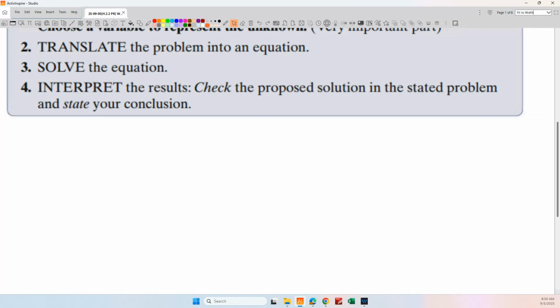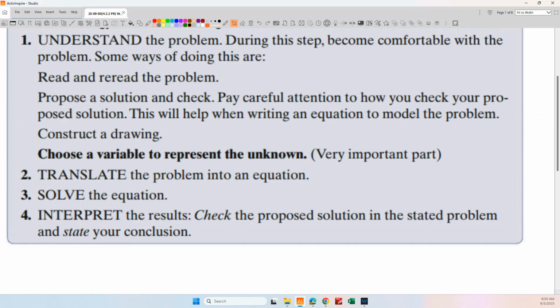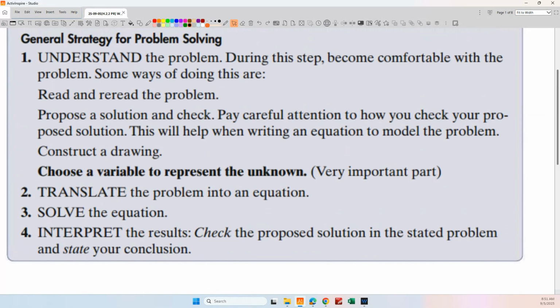So once you get down to the point where you can just do algebra, you can just put it in cruise control and do the algebra. And then finally, when you're done with that, you've got to interpret that answer in the context of the original question. So you get your mathematical solutions. Now, how do they apply to the original question that was being asked? So let's look at a couple of examples here.